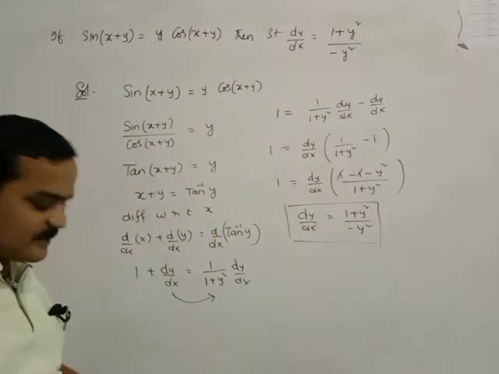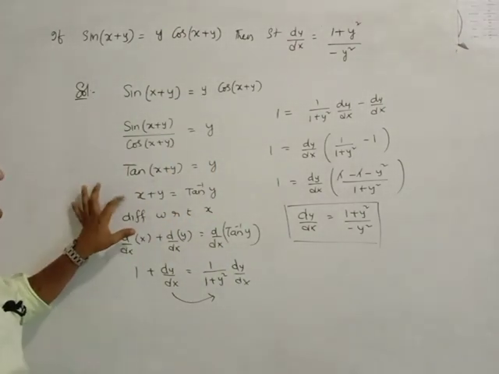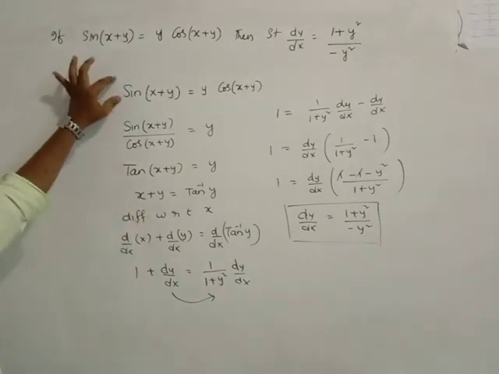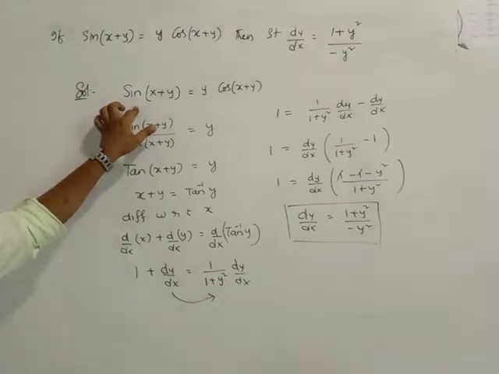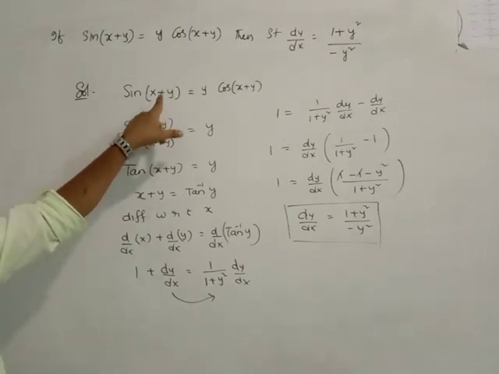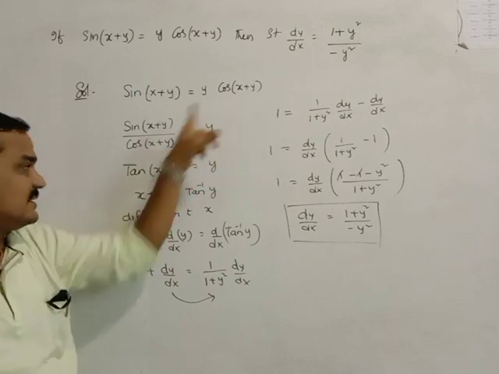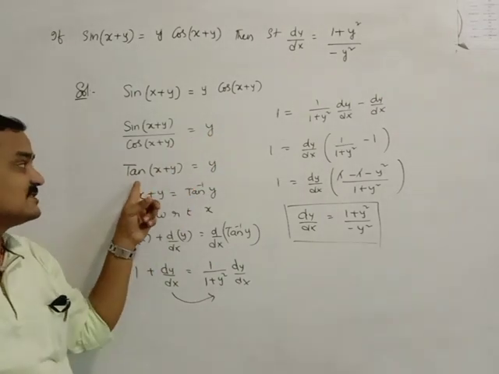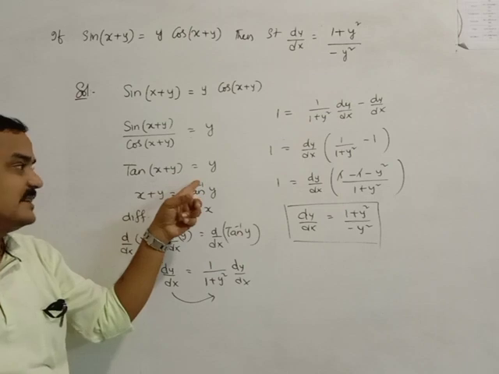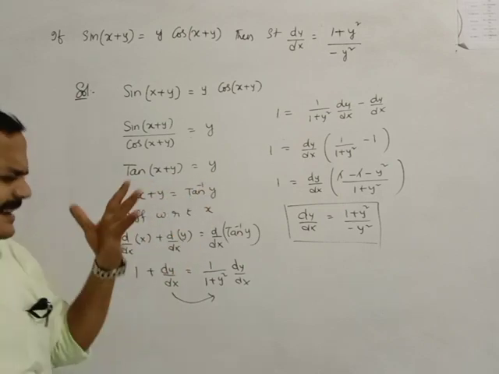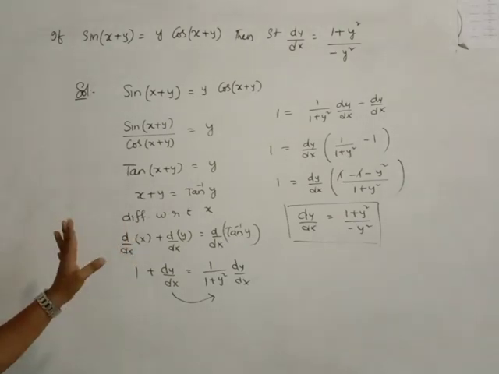Here you must remember these three steps. Up to converting this one, no need to go for the derivative. If you directly differentiate, then sin of x plus y means cos of x plus y into 1 plus dy by dx. Again it is converted into the UV formula. Otherwise, here you can go: secant square of x plus y into 1 plus dy by dx is equal to dy by dx. Again secant square you need to convert into tan square. Complicated. All these methods you leave.